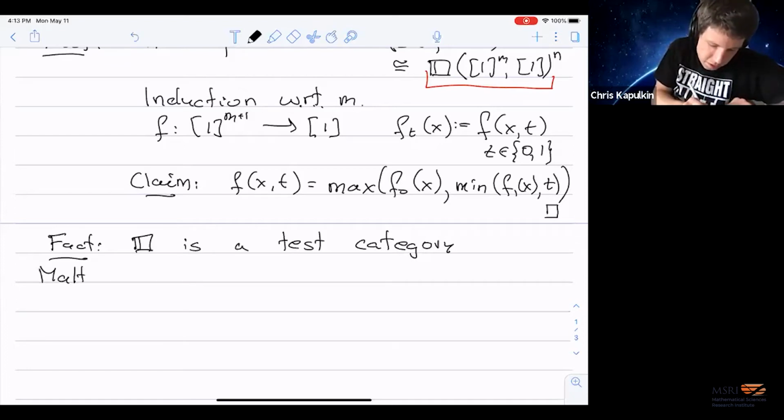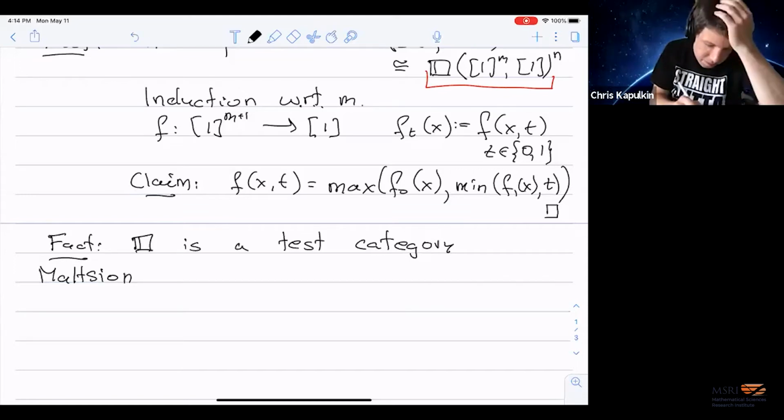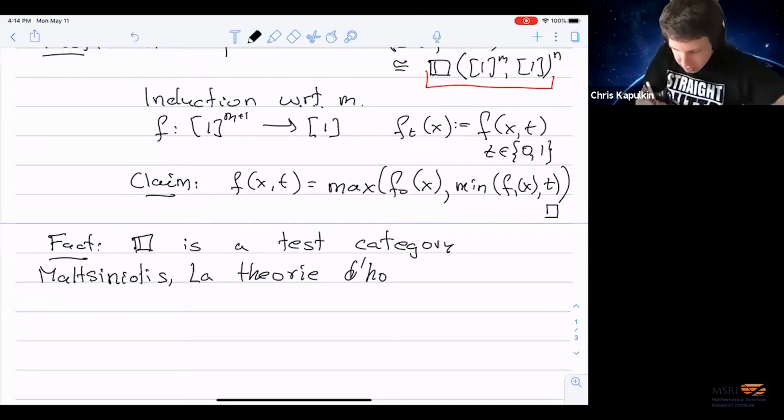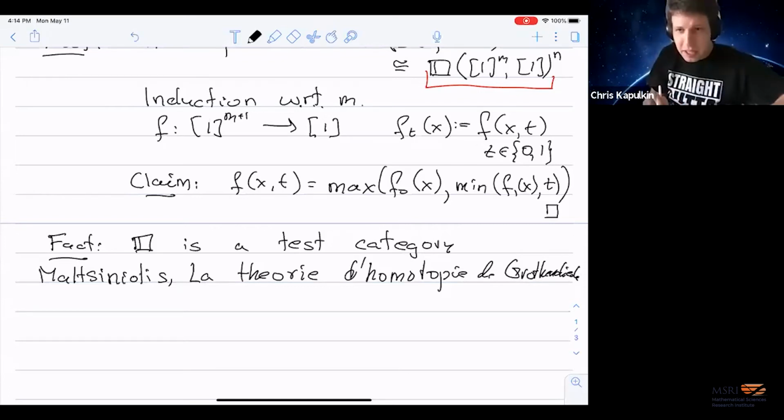So in Maltsiniotis, here is the book, and the title is this. So I believe it's pronounced something like "Bliblible de Bliblible Grothendieck." And so